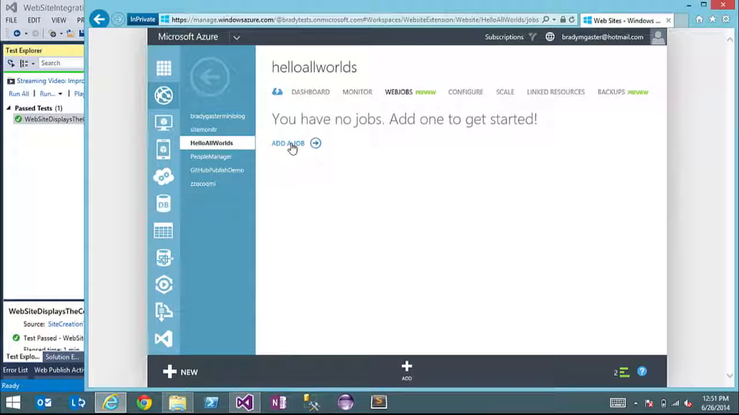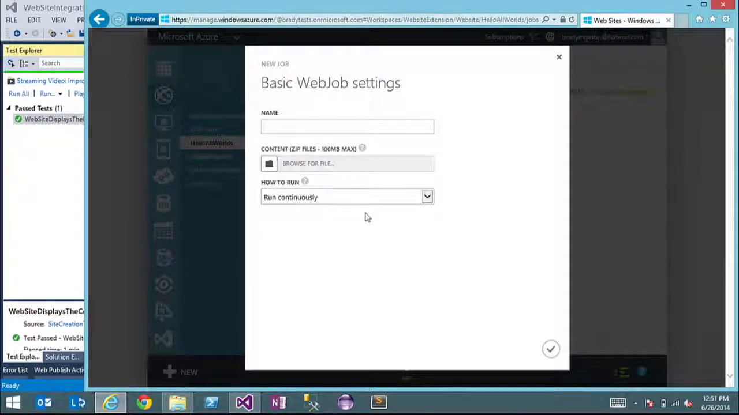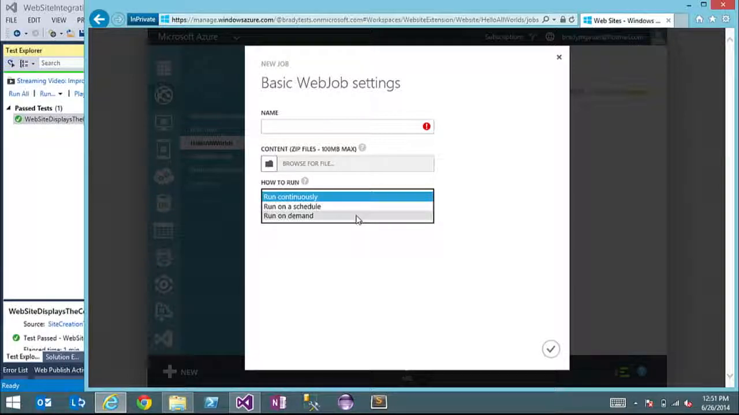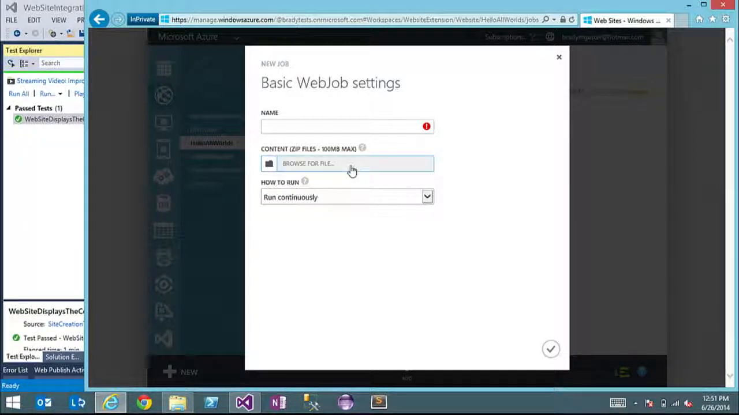So you see that I can actually add a job right here. I could click this guy, and you'll see that web jobs have 3 different modes. I could do run continuously, run on a schedule, or run on demand. And the way the portal works, I actually have to click this Browse for File button, and it'll point me to an individual zip file. I'll select the zip file,